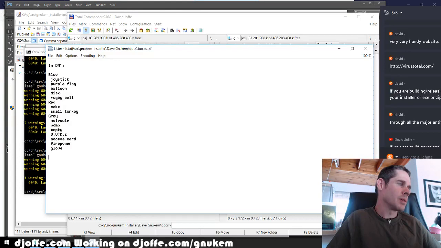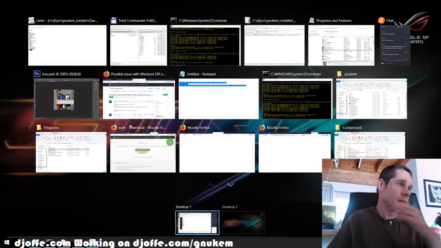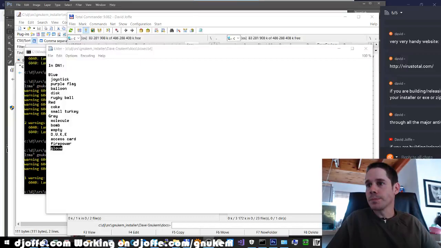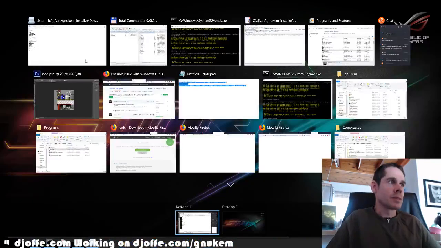Balloon disk, rugby ball, molecule, access, glove. I don't have the glove. That's about the only thing I haven't done. Right. Anyway, so